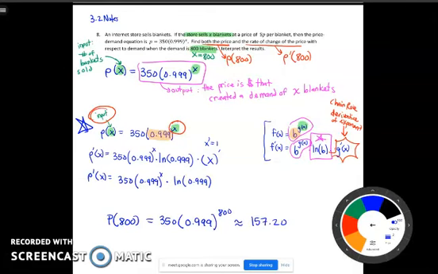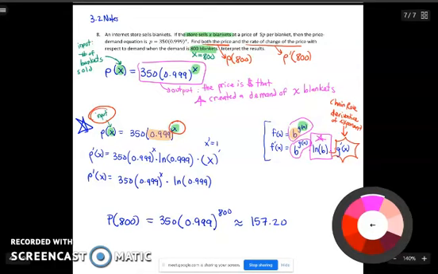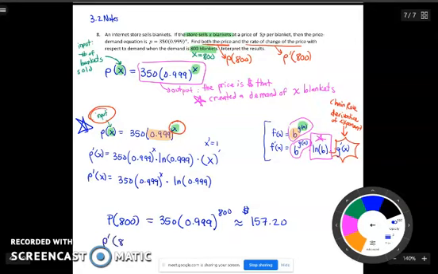Okay, I got approximately 157.22202, but I rounded to the nearest penny because remember, we were calculating an output of price. So this is going to be a dollar amount. And then when I plug P into my derivative rule, the derivative rule says you're going to do 350 times the constant base raised to the input, which is 800. And then I need to multiply by the natural log of